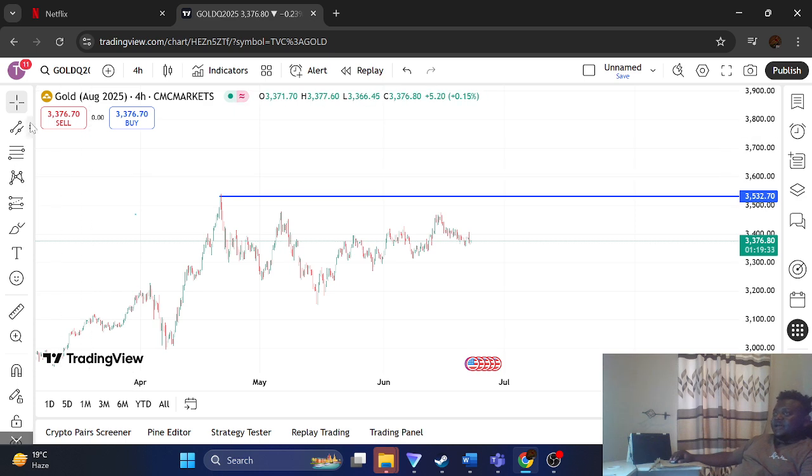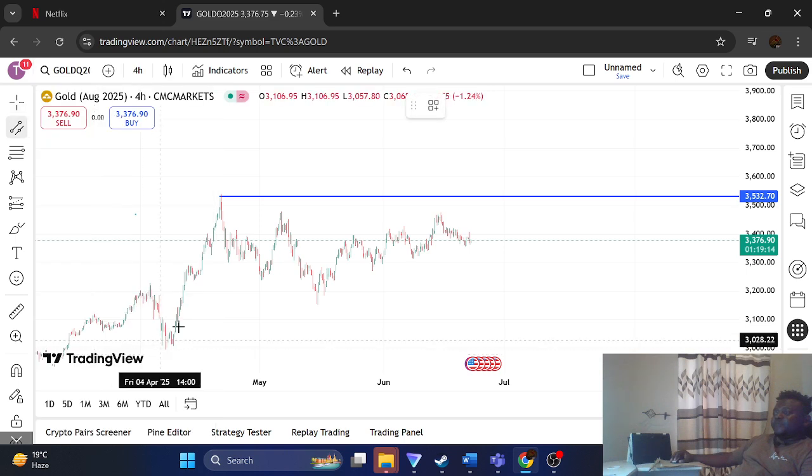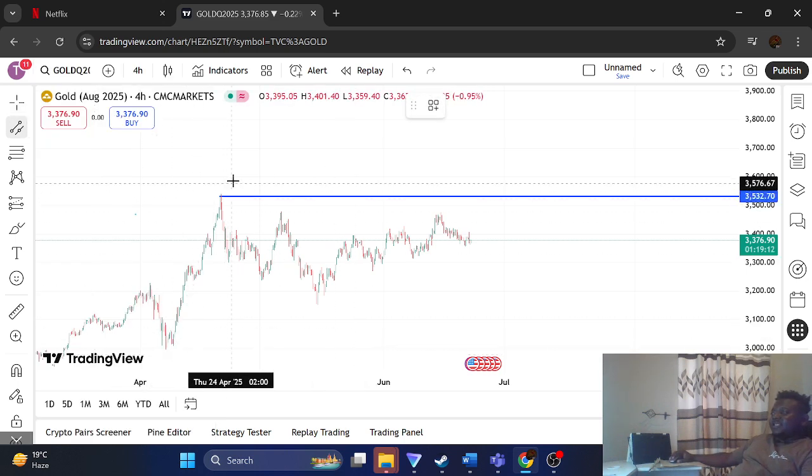If you're using TradingView, which I'm using, you just go to your left tab here. Just below the cursors there is this column that drops down. Then you move down and select parallel channel, which will be at the bottom here. So after you select it,